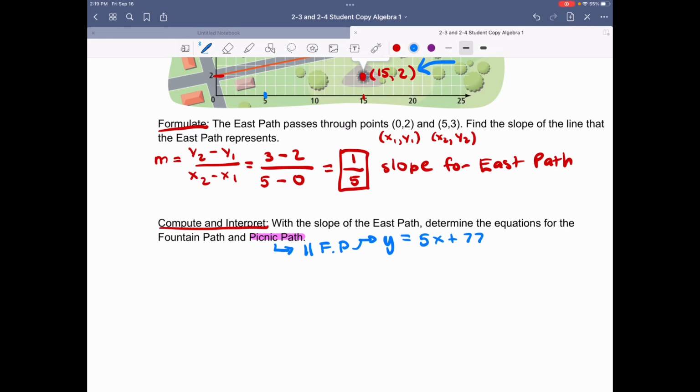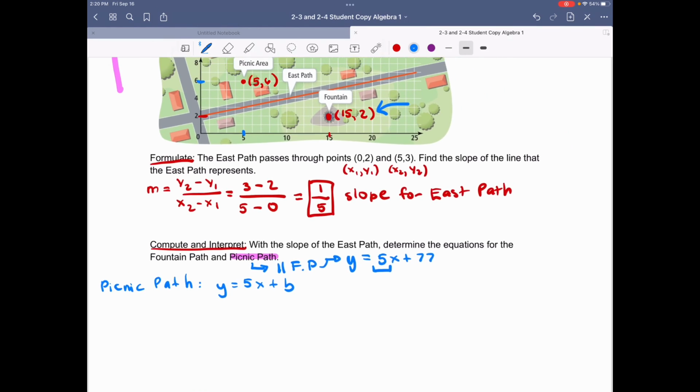And when it's parallel, we know that we have the same slope, the same m. And so this is pretty easy. So for the picnic path, our y equals mx plus b would have minus 5 as the slope,